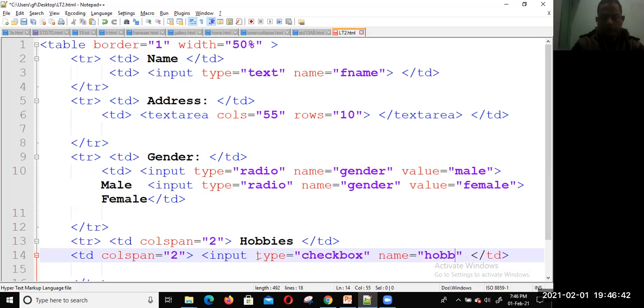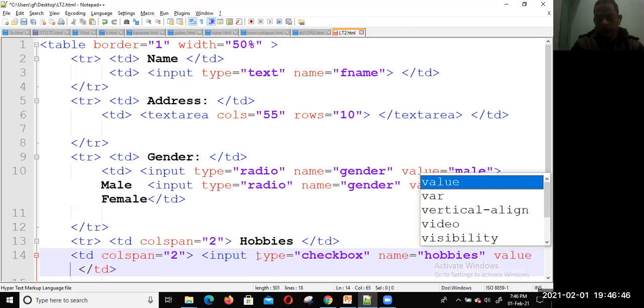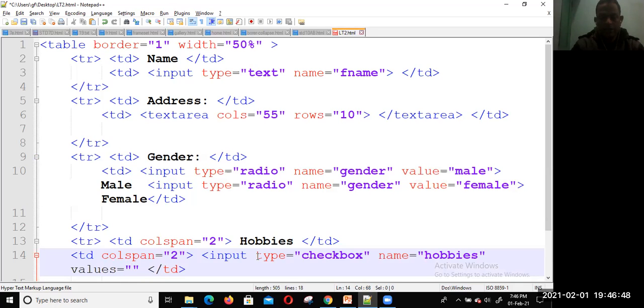You can also mention the values. The value is equal to